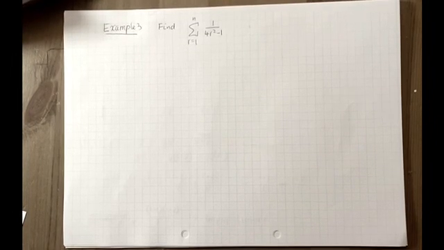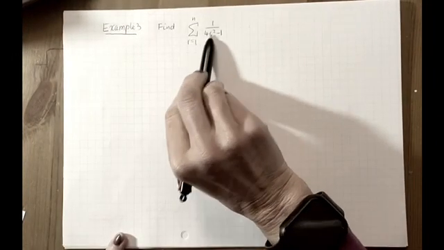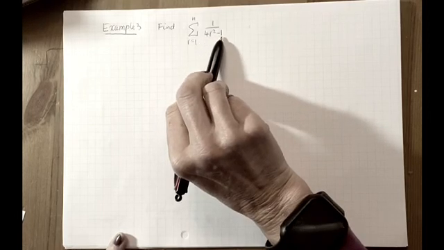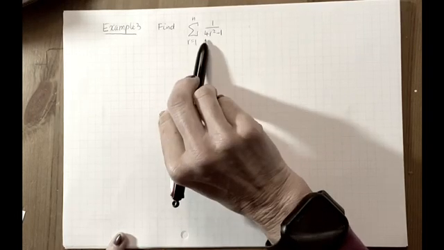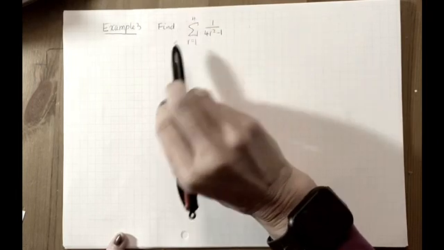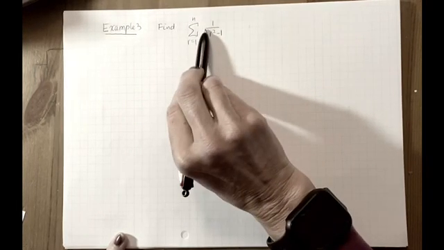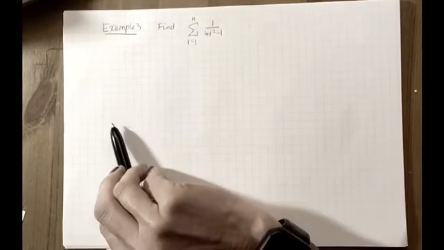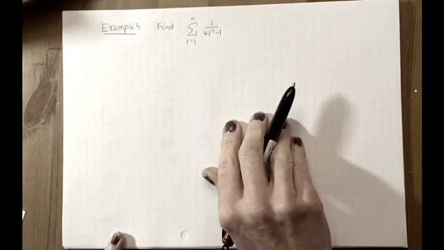Hello again. Right, we've got example 3. Find the sum of 1 over 4r squared minus 1 of n terms. So by method of differences, your job here is to express it in terms of the difference of 2